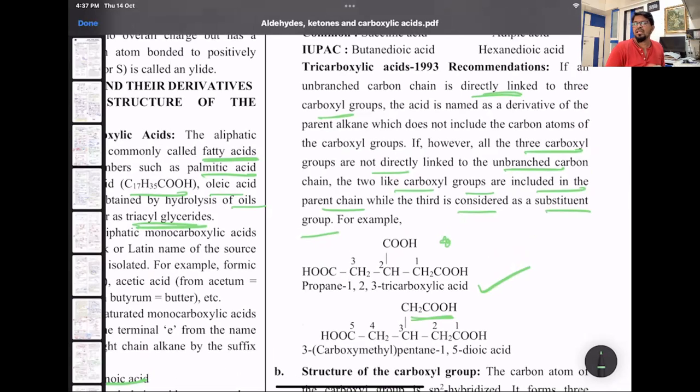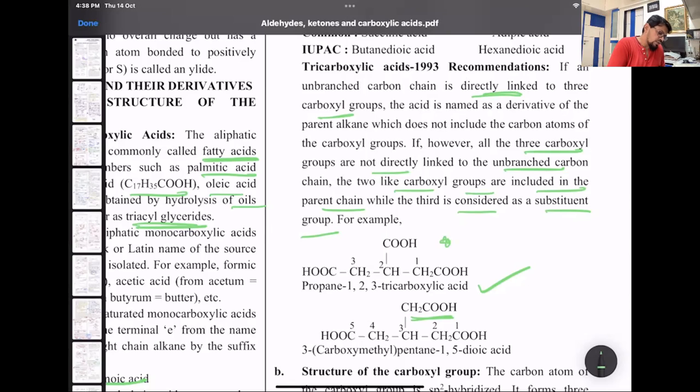So look at that, 3-carboxymethyl. Why carboxymethyl? COOH is carboxy, and from methyl, one H is substituted to get the COOH group. So that's why 3-carboxymethyl pentane-1,5-dioic acid. Normally 1,5 they don't write, but in some papers, they do specify. If they write it, fair enough, but look at the options and do it. You have to select the option where it is not there. But if all options have it, then you select that. That's one. So if all the 3 COOH are directly attached to the main chain, then you don't consider that.